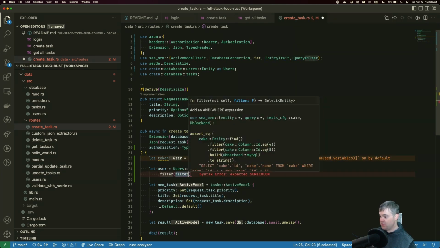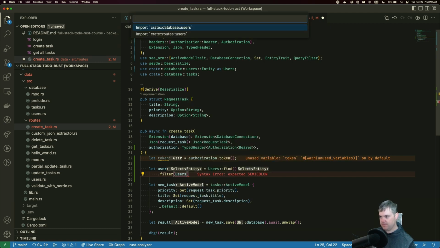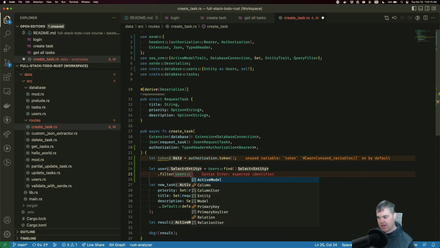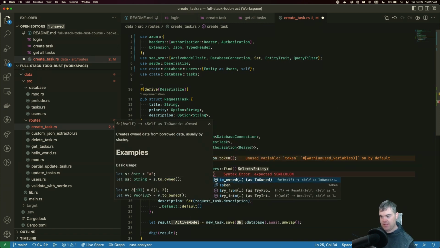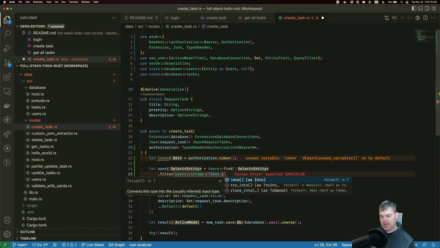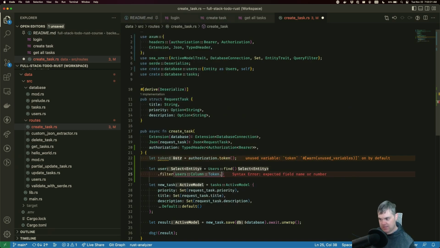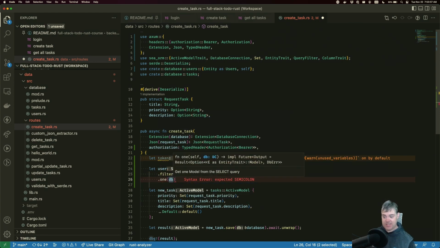We're going to filter, though, on users. So import database users. I want the column token. Make sure it's equal to, this is going to be a Some because it could be empty. And we want this to be the token. Okay, we want to find just one of these things.